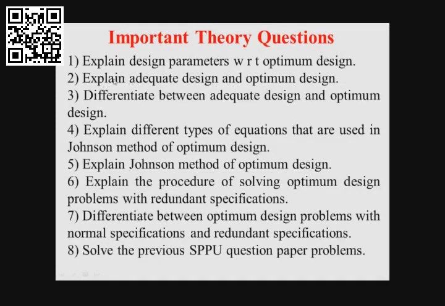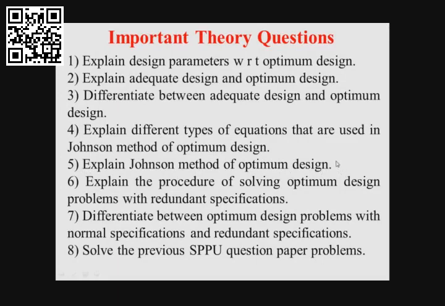Okay. Next, the second question is, explain adequate design and optimum design. I explained this at the start of the slides, at the start of this video. Next question is, differentiate between adequate design and optimum design. Just to differentiate, you need to understand them. Next question is, explain different types of equations that are used in Johnson method of optimum design. You need to explain three types of equations, that is primary design equations, subsidiary design equations, and